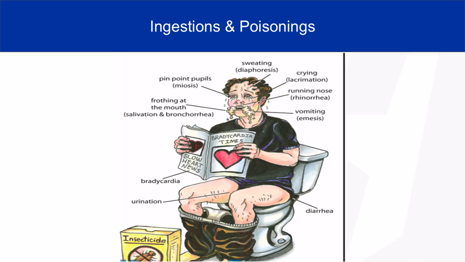A common poisoning that you may run into is an organophosphate poisoning from insecticides, pesticides, and herbicides. These can present as both a challenging patient and a potential risk to EMS. Until the source of the exposure is determined and isolated, care should be taken. Many of these substances can be absorbed through the skin. Look for signs of SLUDGE: salivation, lacrimation, urination, defecation or diarrhea, gastrointestinal cramping, and excessive sweating. Often, these patients will be bradycardic as well. These patients are having a cholinergic crisis.